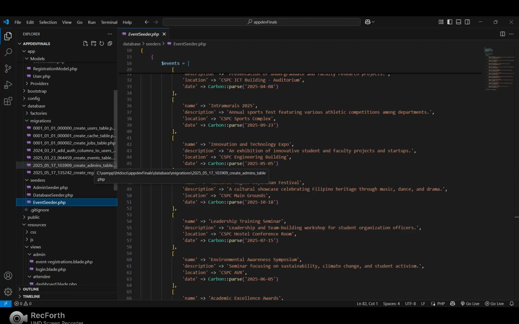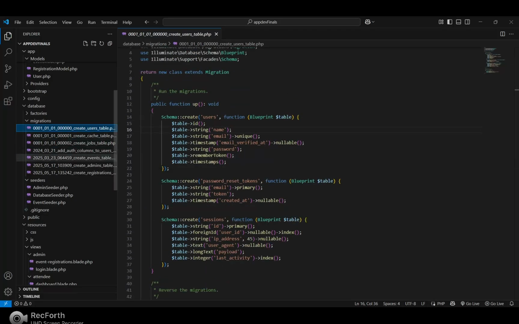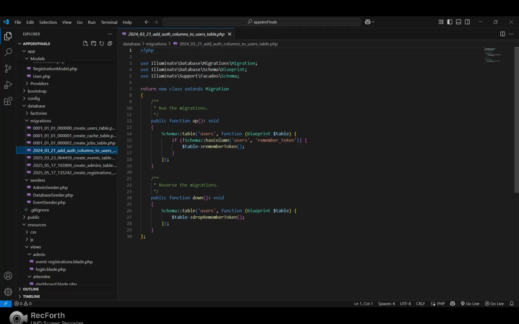Next, I will show you the database migrations. First is the users migration, to add columns to users.